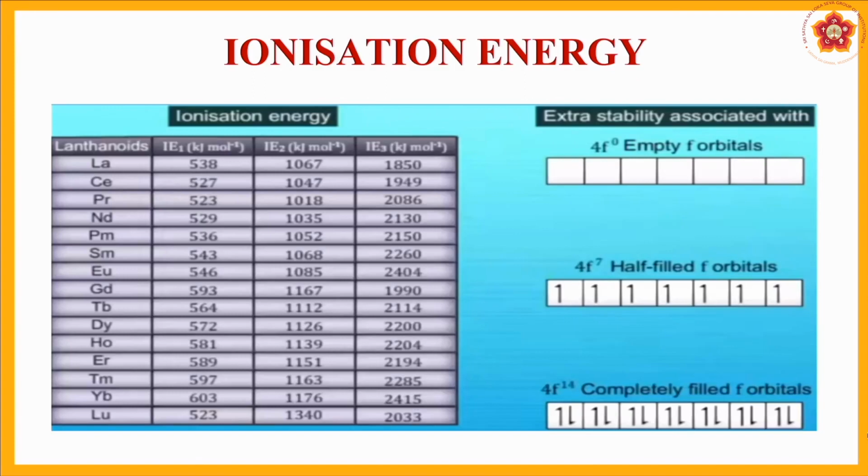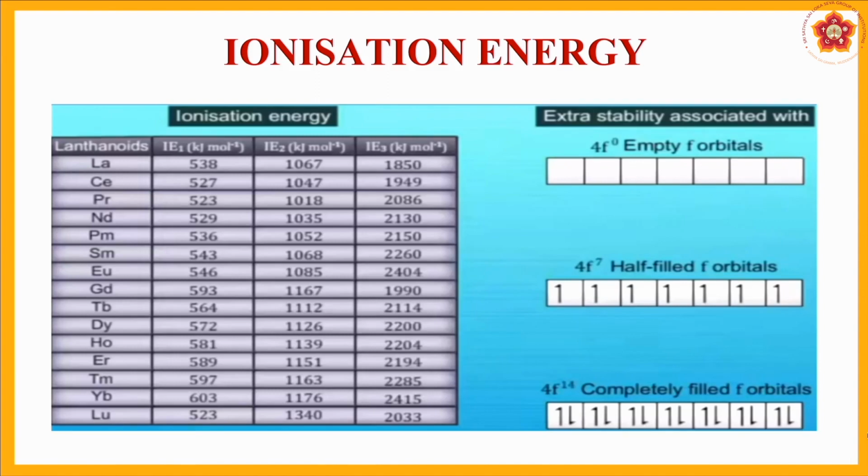Moving on, let us now see the ionization energy. Definition and factors of all this have already been studied in the d block, so let us directly see the application here. On one side you can see an entire table with the practical values. If you go through them, you realize that slowly the ionization energy is decreasing, and at some places it is increasing. So what is ionization energy? The energy required to remove the outermost electron.